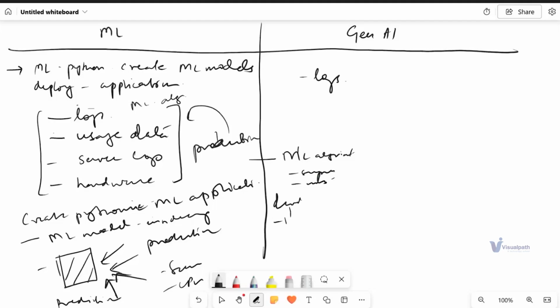There's a separate chapter or module where ML algorithms, which is as good as a data science course, the important algorithms will be discussed, and we will make sure